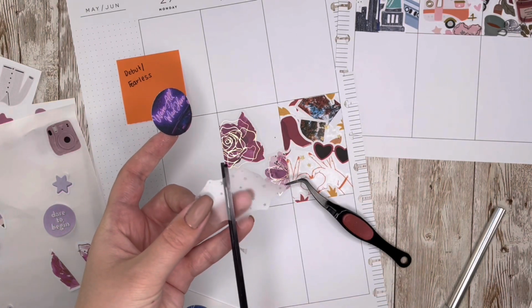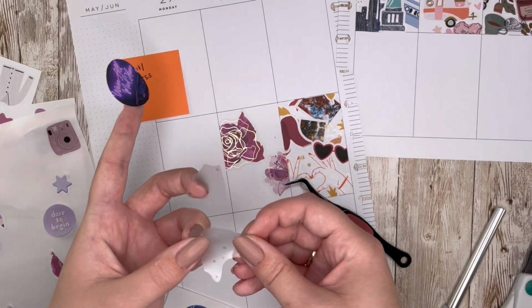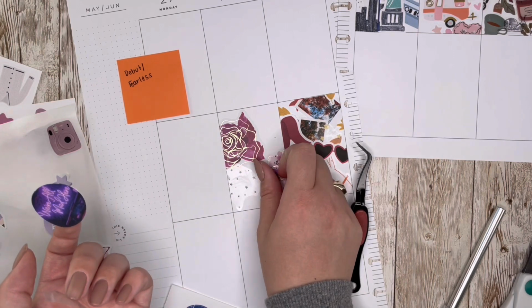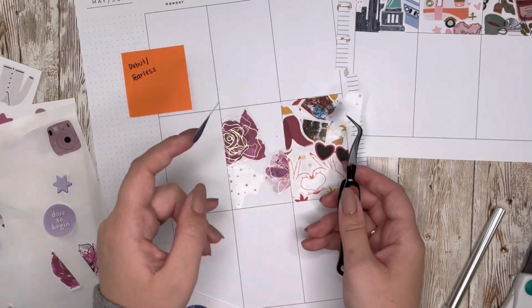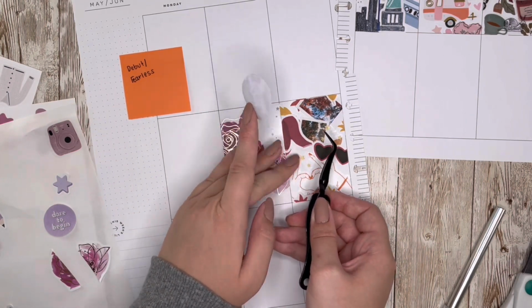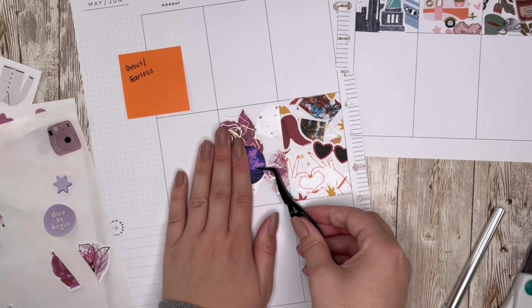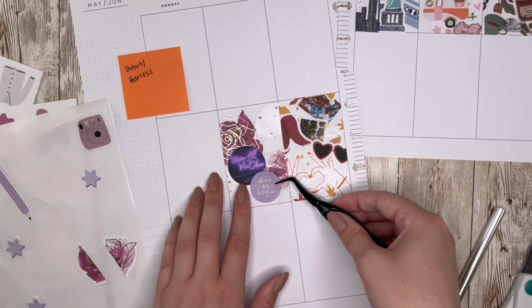These came out of one of the mega Happy Planner books that I've had in my stash for a long time. I was just trying to find icon stickers. That was the main struggle in picking out stickers. I have a lot of stickers, but when I'm trying to find icon stickers that are very specific, that's when things get a little bit more complicated. Gonna put this one right here. I'll take Dare to Begin, and we'll layer that